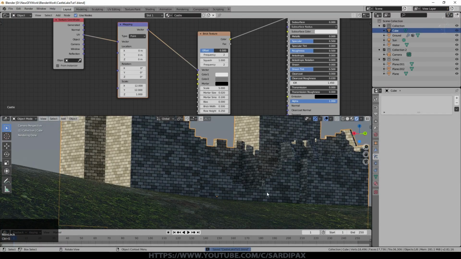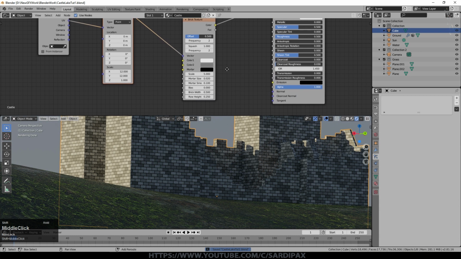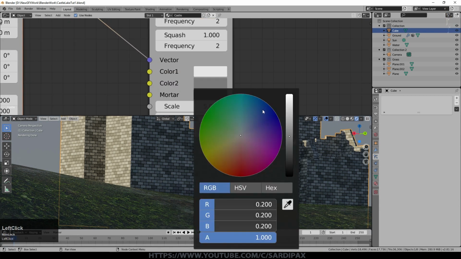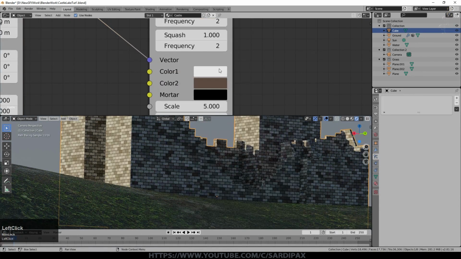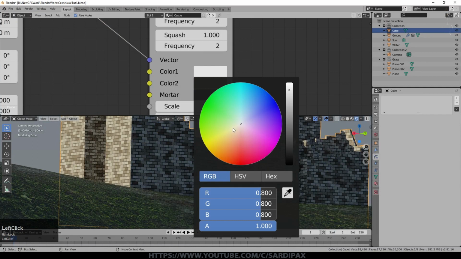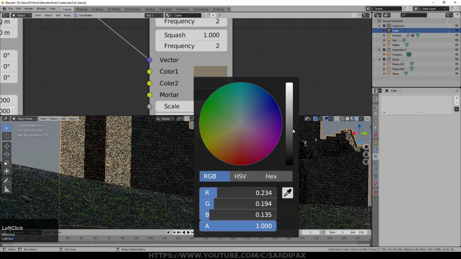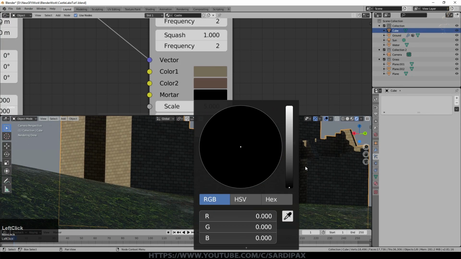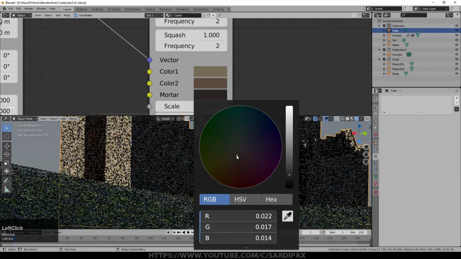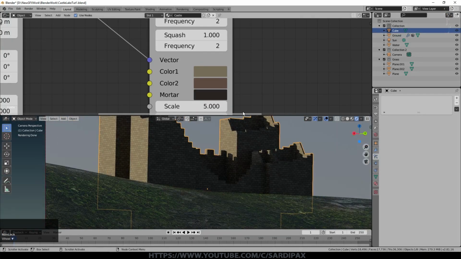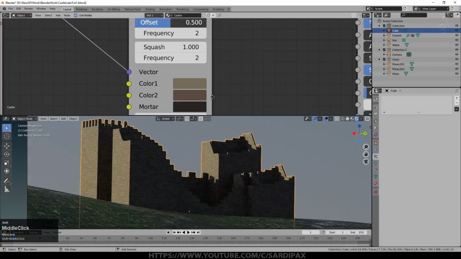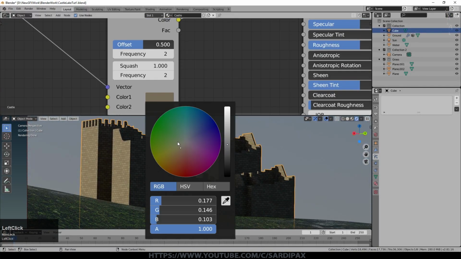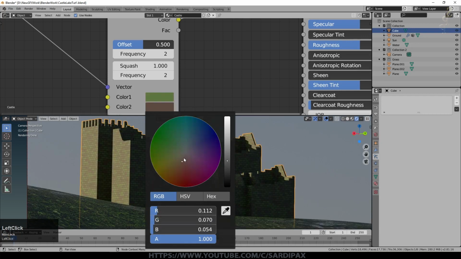Now we don't want it to be quite like that. We want to change the colors a little bit. So in this brick texture, let's have one like that. This light one's much too light. We just want a little bit of variation between one brick and the next, and the dark one is perhaps a little bit too dark. Obviously there's no bump associated with this yet, but that'll do for colour for the moment. Perhaps we'll add a little bit more green into some of them, a hint of moss or something like that, and a bit more red into others.